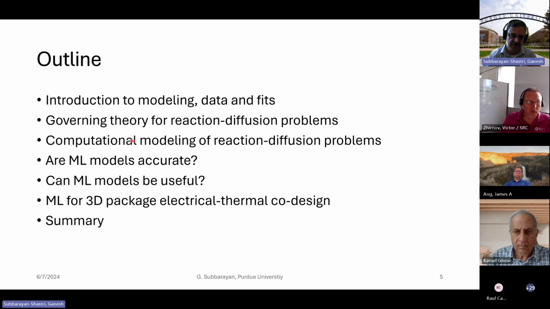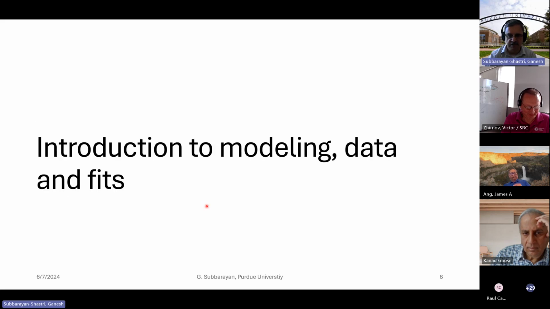The second and third bullets are more physical modeling. And then I'll talk about, can we abstract them into ML models? What are the challenges with building ML models? Can ML models be useful? Again, more provocative questions here for the benefit of Victor. And then finally, I'll talk about one example, ML for 3D package electrical thermal co-design, and summarize. So that's going to be my talk. I'll launch into